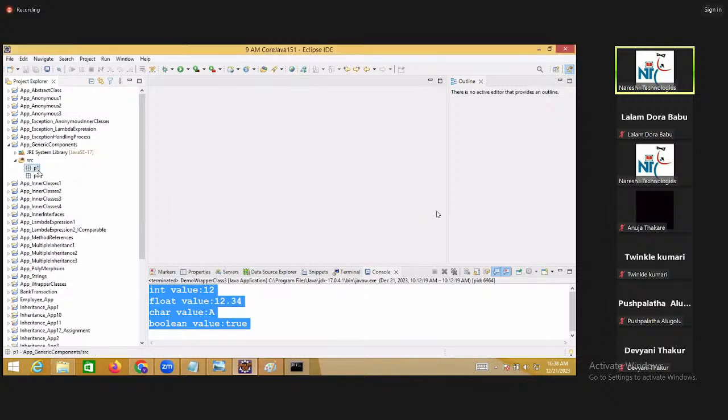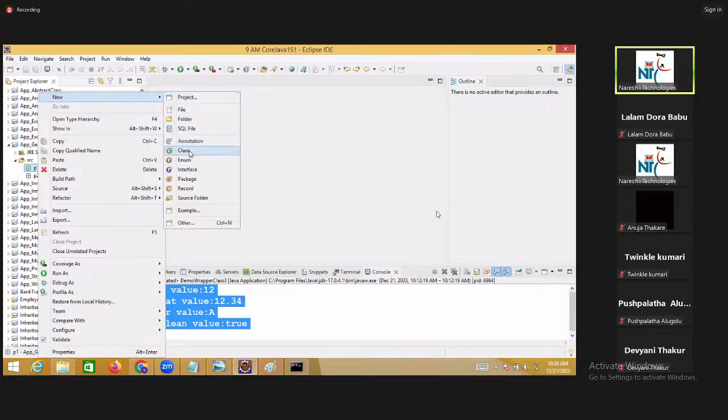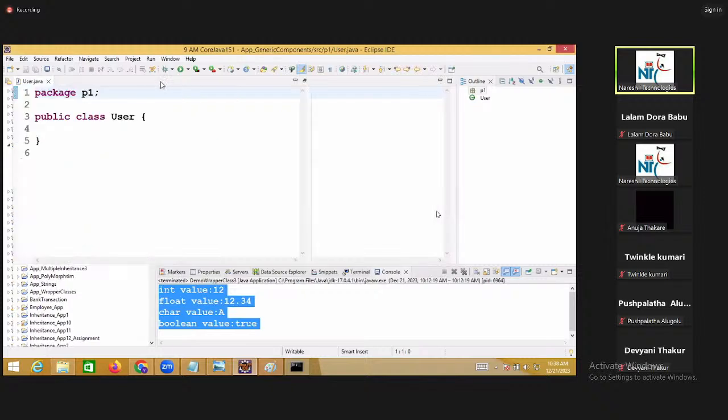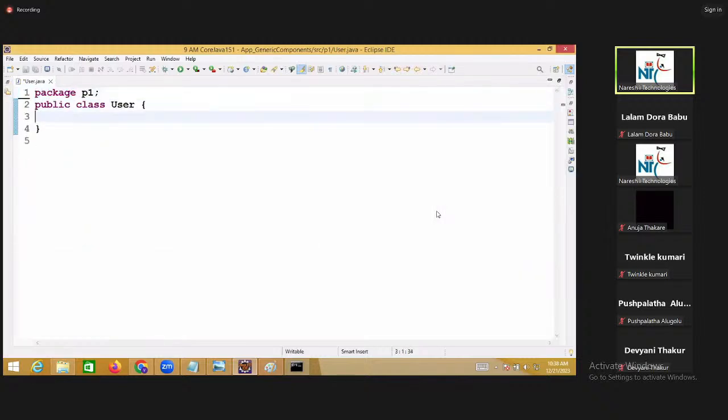Right. Under P1, I am taking one class. Take User, one class. This is a normal class only. So public, some string username and mail ID I'll take. I'll use one constructor.